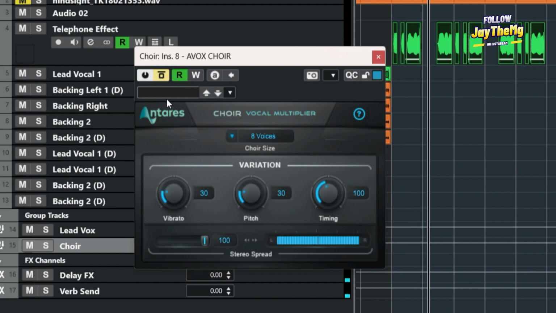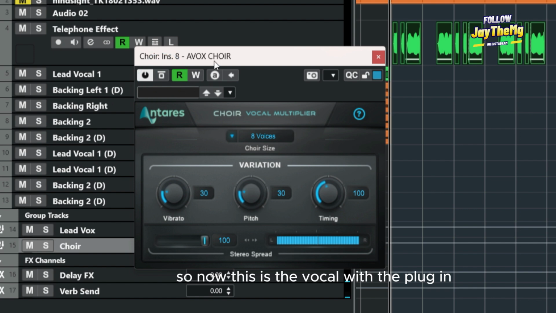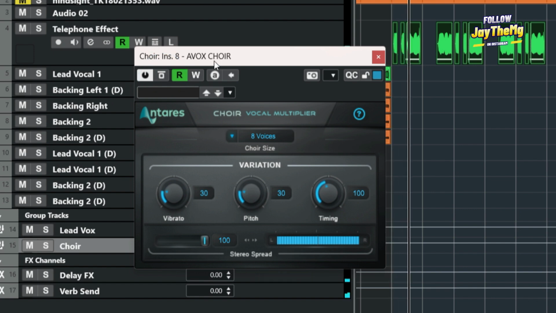Naongoza, naongoza, So now this is the vocal with the plugin. naongoza. Naongoza,